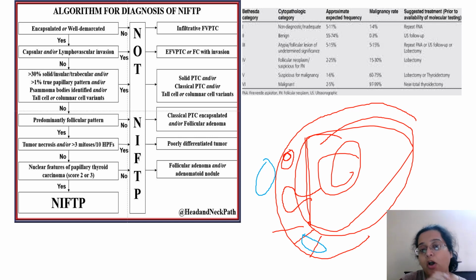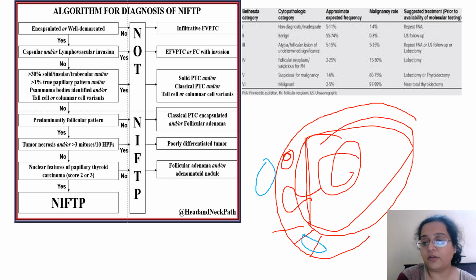On cytology, what I've shown you is the max, where you will get confused. And there's this criterion in Bethesda that you should get 2 clusters of, I think, 5 cells each, total 10 cells, or 10 cells each, to call it adequate. Just like in PAP, they have the 6 cells criterion. Similarly in thyroid also they have it. Bethesda. That is adequacy of a cytopathology slide. NIFTP is something you can't diagnose on cytopathology.